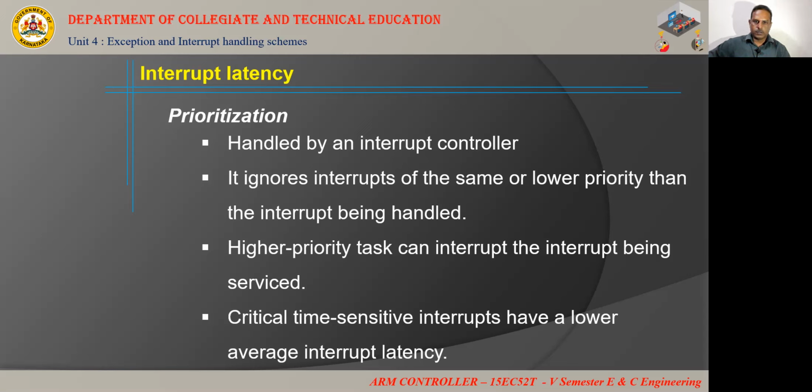Since there are only two interrupt sources, there is already a hardware prioritization, that is, FIQ will have higher priority than the IRQ. And this prioritization is in general discussed for the interrupt sources which are connected through the vector interrupt controller to IRQ. This prioritization can be set by the programmer. There is no fixed prioritization in case of the vector interrupt controller. Any interrupt source can be set any priority. So this is the second way of reducing the interrupt latency.